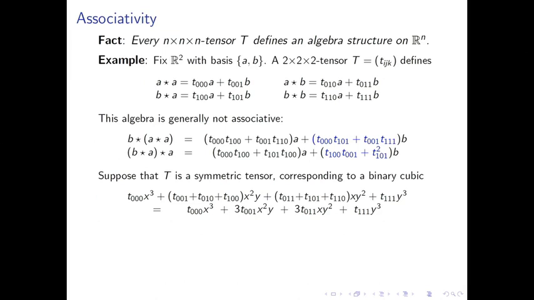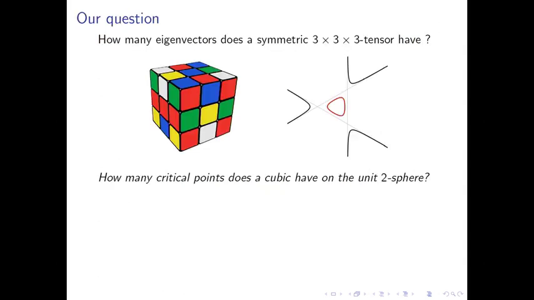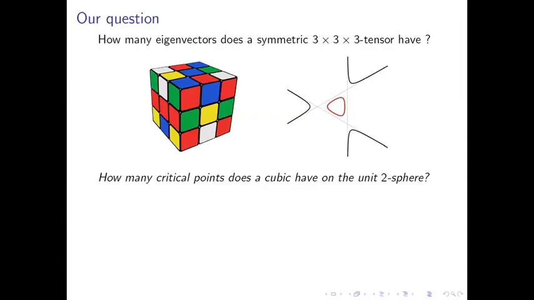Now I've spoken for 26.5 minutes and I have not yet answered the question. So let's get to the question. How many eigenvectors does a symmetric 3 by 3 by 3 tensor have? Just to be on the same page, this picture equals that picture, right? This is a symmetric 3 by 3 by 3 tensor. It has 10 entries, right? Out of the 27